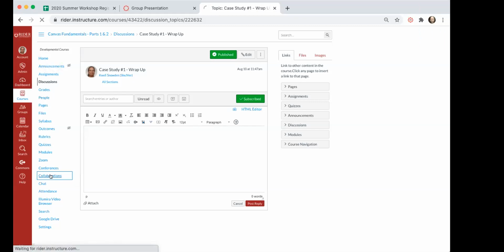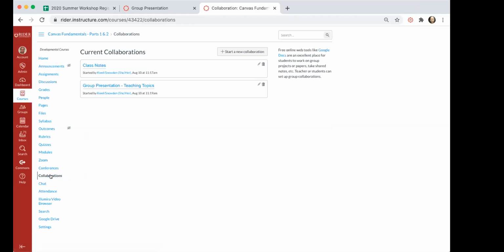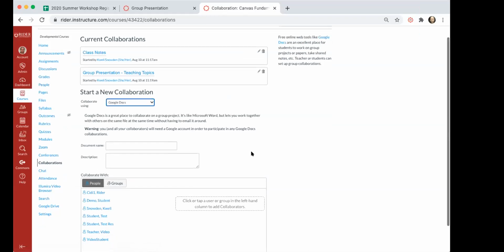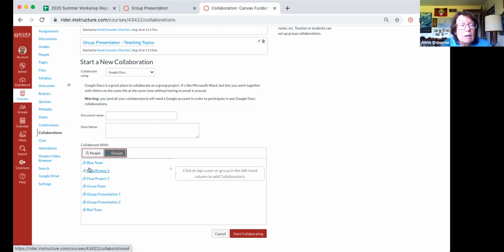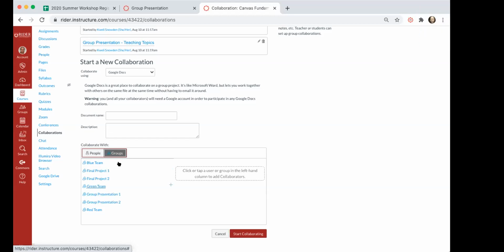I'm going to head back to collaborations just because I want to point out that once you start creating group sets in Canvas and creating those groups, if I start a new collaboration, you'll notice I now have all of those teams, those groups that I created, also available within this collaborations area. So if you wanted to set up a place where the teams could collaborate on these documents outside of their individual group sites, so that it just makes it a little bit easier for you to access, you're not navigating into the individual group sites to view the collaboration. You can set it up here using the